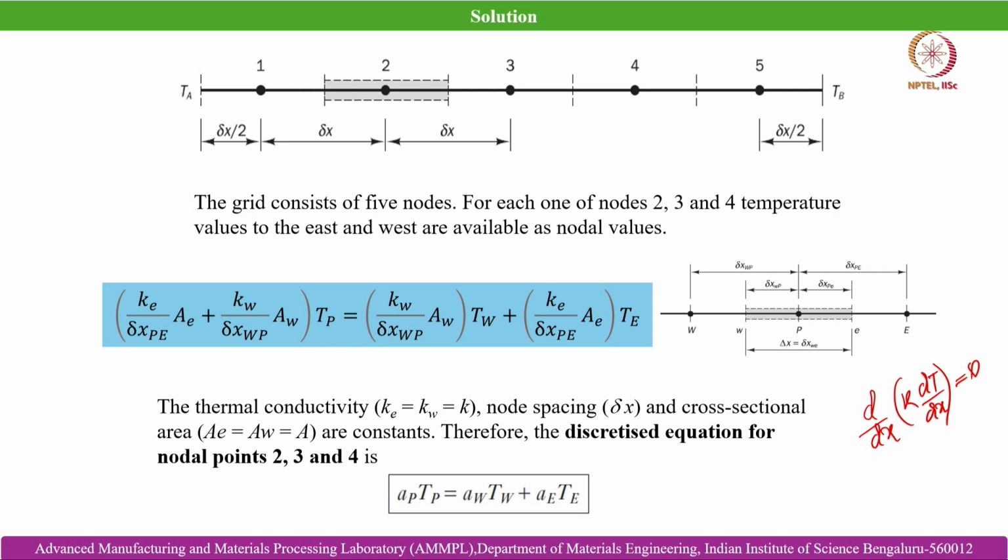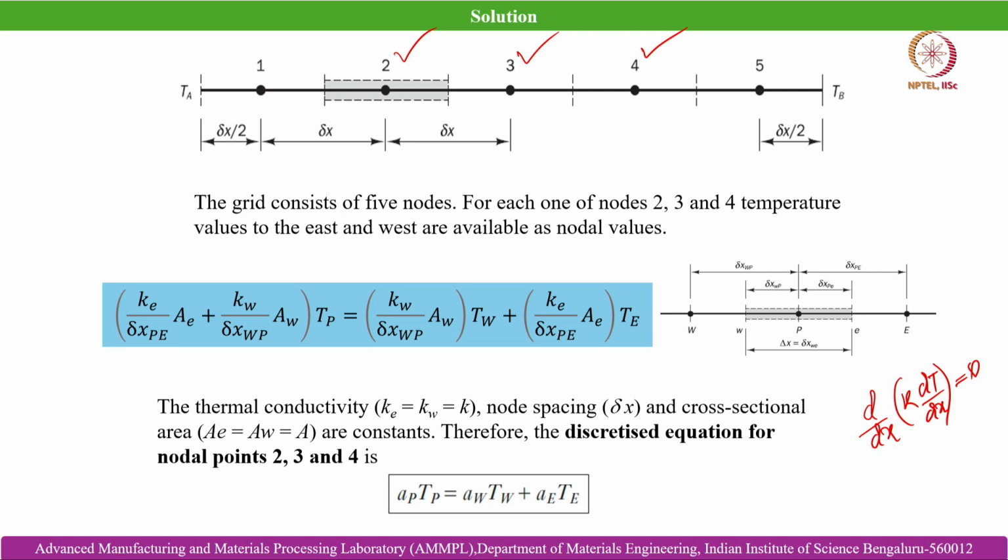At least for points 2, 3 and 4, which lie in the middle of the rod, there is no source term involved. So, if we need to derive the finite volume set of approximated algebraic equations from this governing equation,